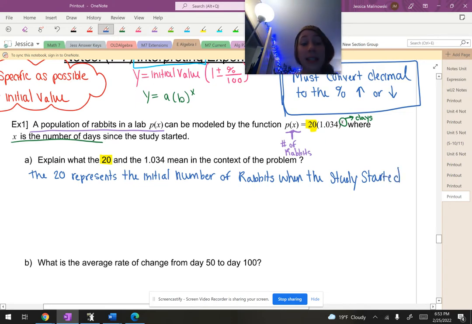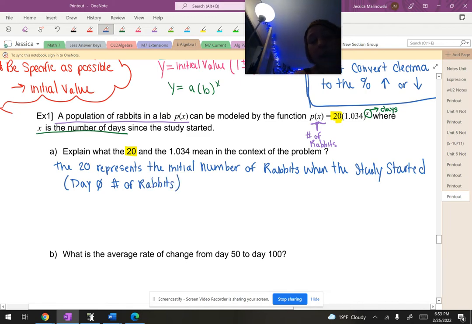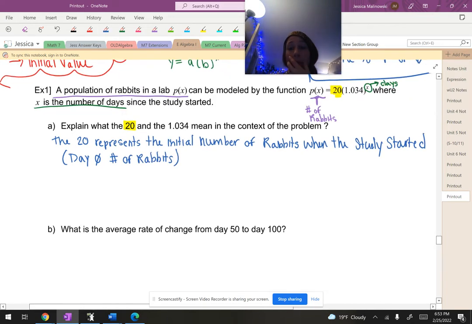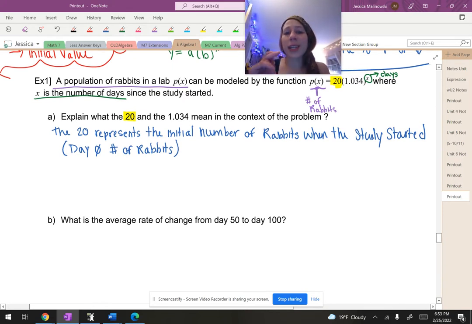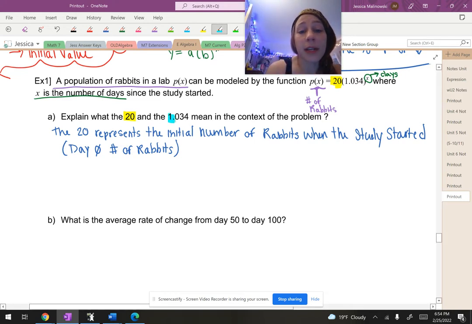Important to realize, not day one, but day zero. Day zero number of rabbits. And again, the more detailed you can be here, the better and the more likely you are to get full credit. Using keywords like initial, started, that's really important also. Okay, so that one's not too bad, but the next part comes from picking apart that decimal, that